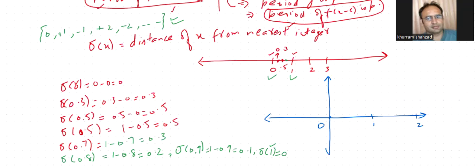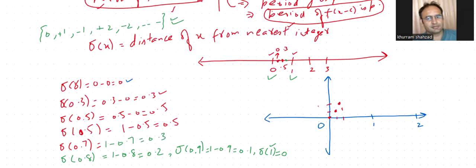So what is the value of the function when x is equal to 0? It is 0. So I have to make a spot here. What is the value of the function when x is equal to 0.3? At 0.3, this is 0.3. Suppose this is 0.3 and this is also 0.3. Similarly, at 0.4, its value would be 0.4. So this is another spot here.